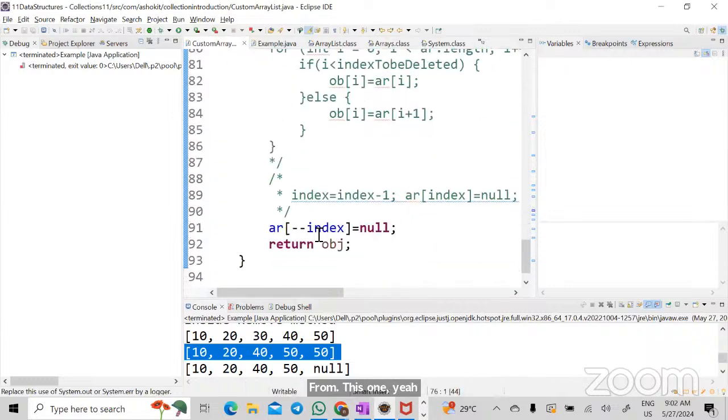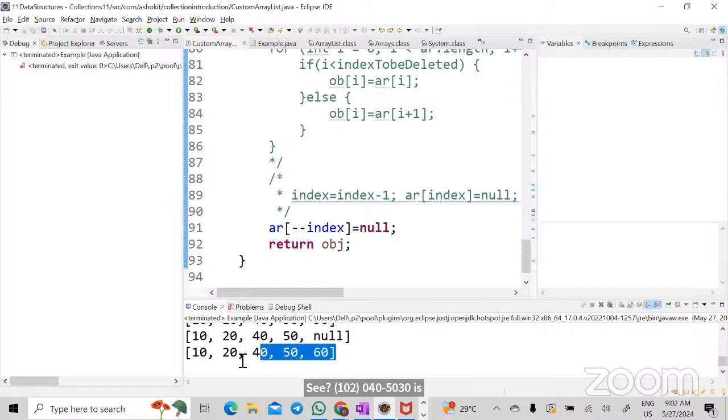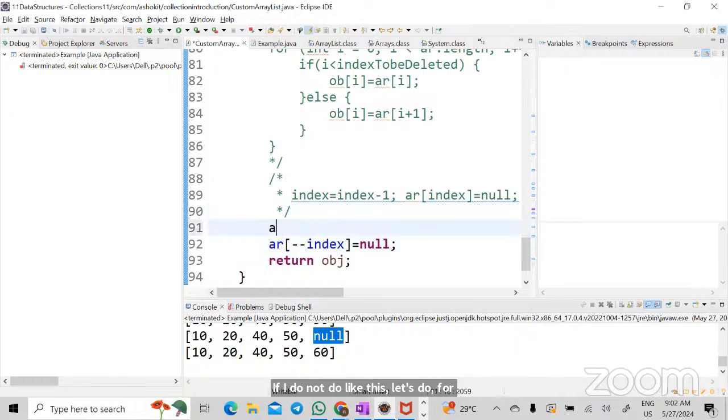After that, what did I do? Minus minus index. See, 10, 20, 40, 50. 30 is removed and the last index is holding null. Now, whenever I try to add another 60, it will come into this position. If I do not do it like this, for example, if I am not reducing it, then what will happen is arr[4] equals